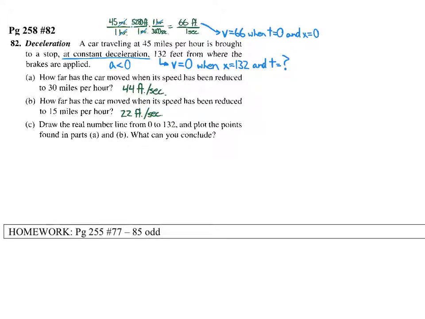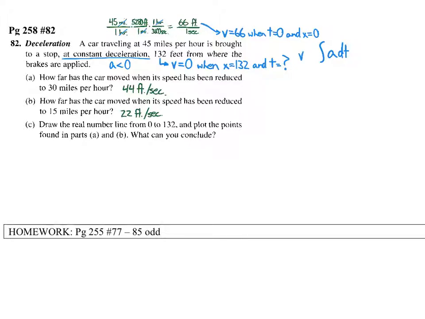Because we're starting the time, we're making that our 0 distance, and how long does it take to stop? Okay? So, in order to figure out how far the car has moved when its speed has been reduced to 30 miles an hour, we need to come up with an equation for its speed. So if I know the acceleration is A,